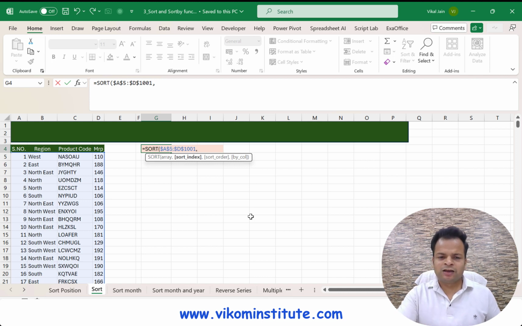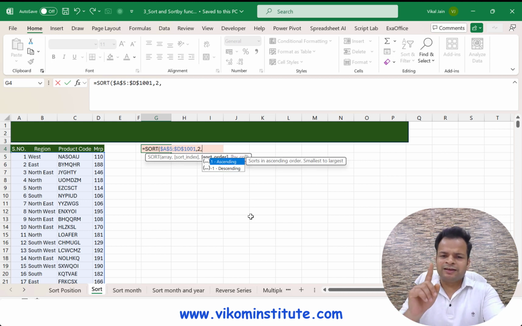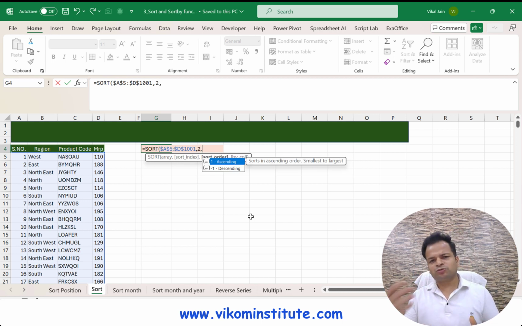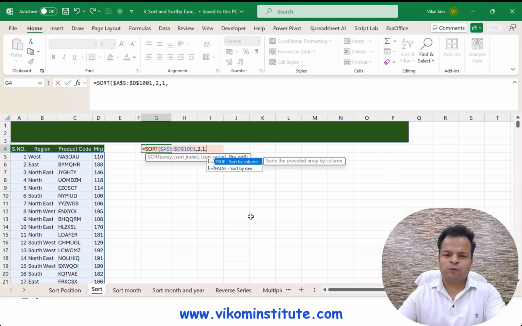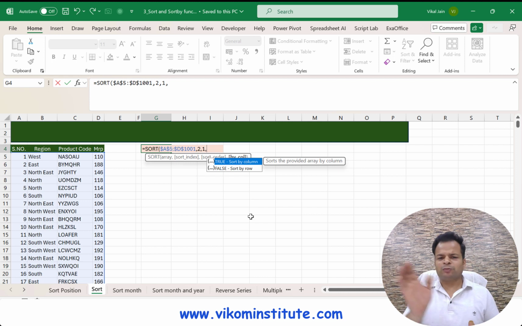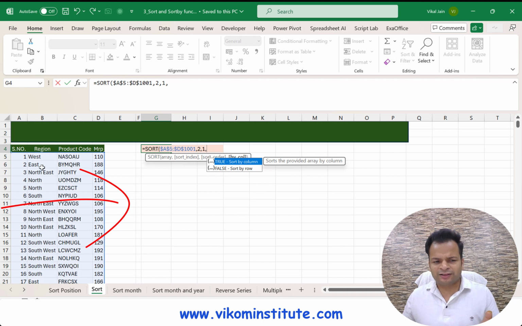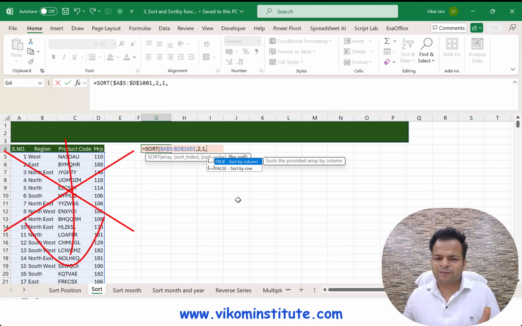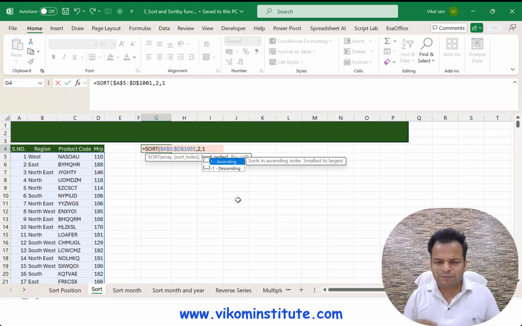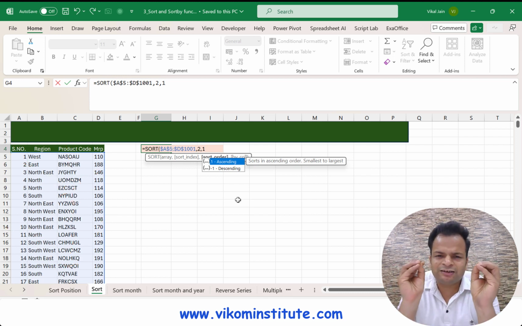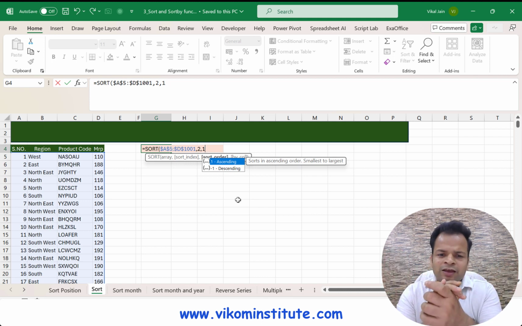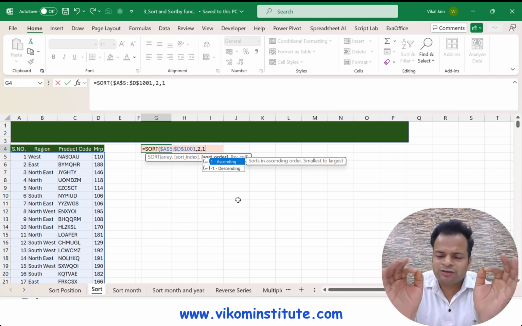So I am sorting my data based on this reason, so that's why I'm entering 2 in it. Now it is asking in which order you want to sort, ascending or descending. Let's say I want to sort my data A to Z, so I'm putting ascending. And now the fourth option is, do you want to sort by column or by row? If you select by column, it is going to sort your data in this form, not in this form. So I'm going to skip it. If you skip it, the sorting would be done based on the rows because that is the default.